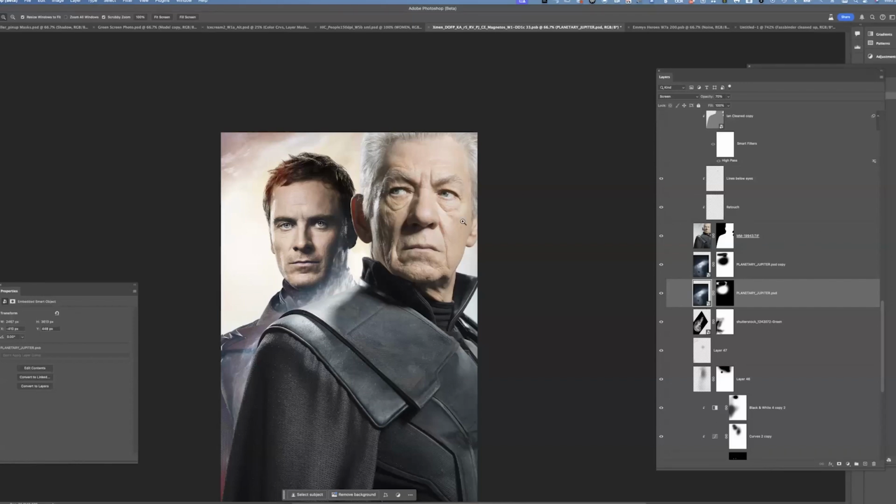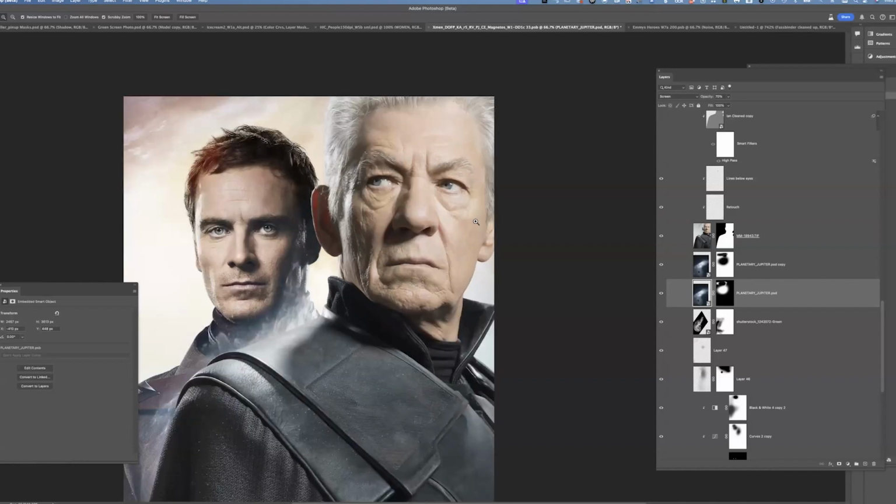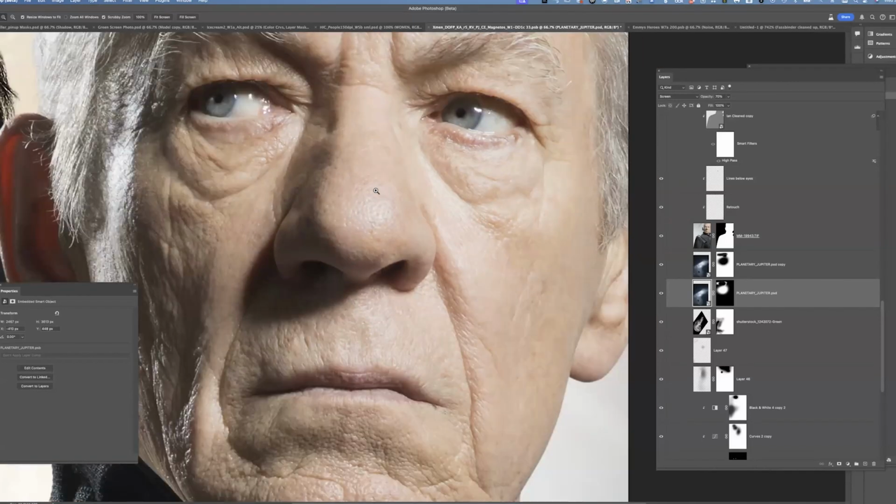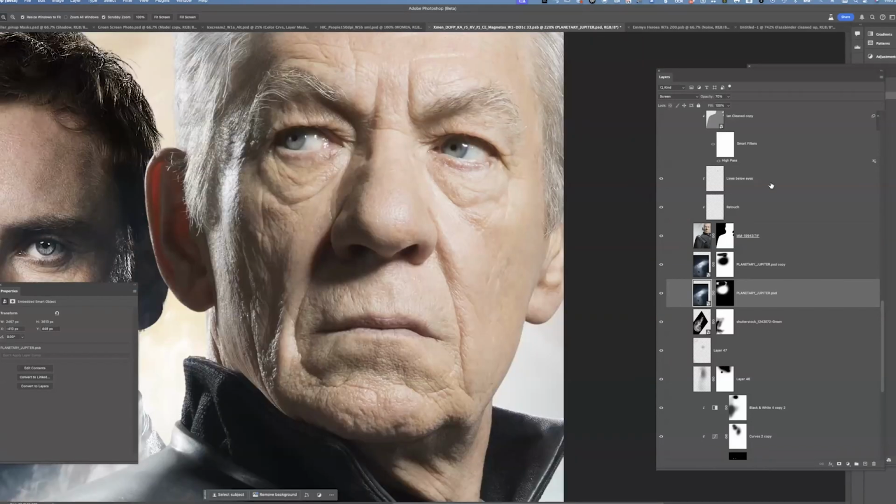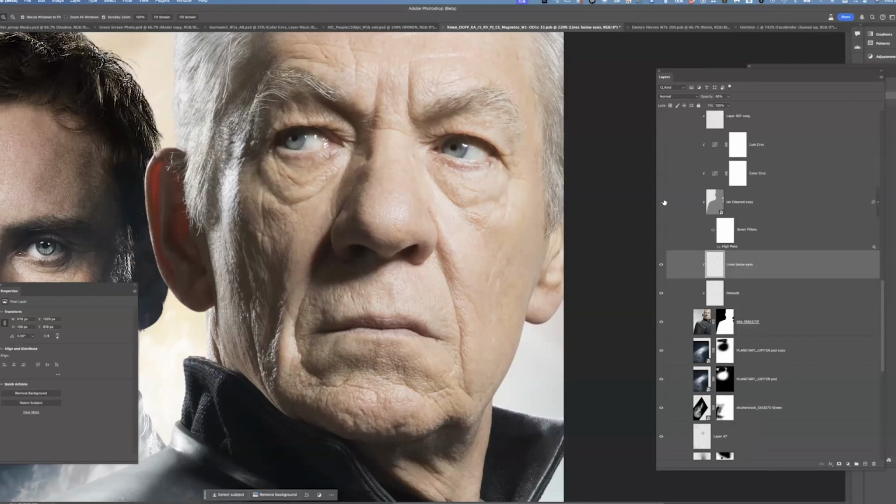Lines below the eyes. With Ian McClellan, it was a big question of how much to retouch these out. So what I did was I retouched the lines out all the way. And then I slowed the opacity down to like 50%. I could slide it up or down, just depending on what the client wanted. And once the client said, okay, that looks about right, that looks like about the right amount of lightening, we're good to move on. I did the same sharpening move